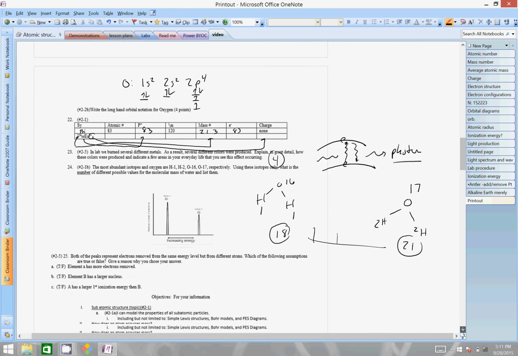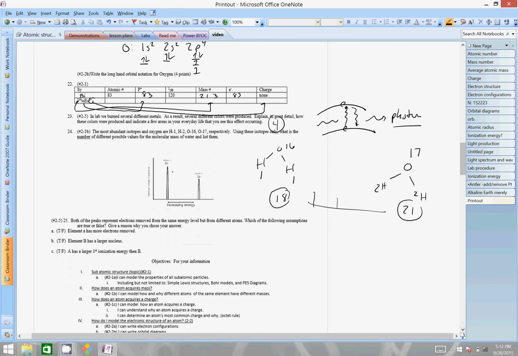This is something. The next one is talking about 2 different atoms removing electrons. As I look here, this has got more electrons being removed, and this one here increasing energy this way, so this atom is harder to remove from. Both of the peaks represent electrons moved from the same energy level but different atoms. Which of the following assumptions is true or false? Element A has more electrons removed. This is A right here, and this is B. That is yes, because of the larger spike. B has a larger nucleus. Yes, because it's